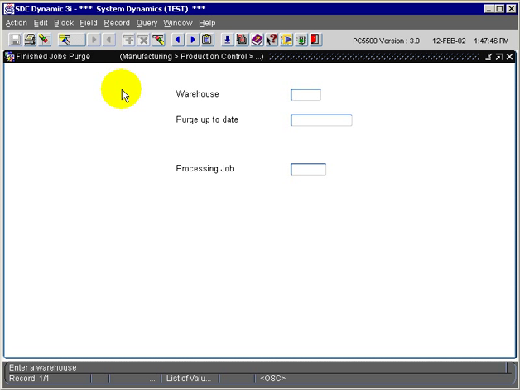and putting finished products into the stock, the job still exists on the system in a completed or flagged final status. What this application allows me to do is simply purge off those jobs that are finished, and I can purge them up to a certain date so that I don't have a cluttered system of very old jobs on the system. I simply put the warehouse that I want to do the cleanup on and do the finished jobs purge